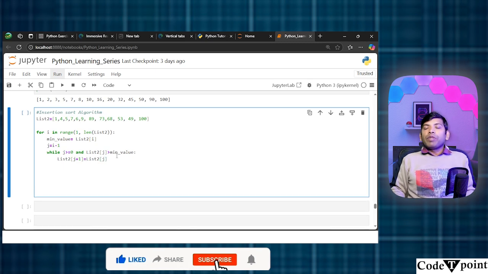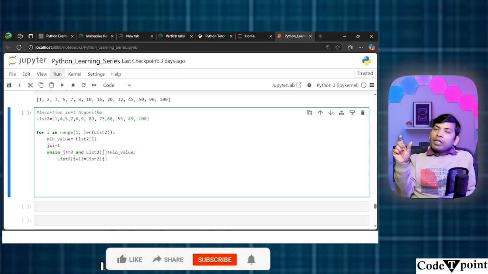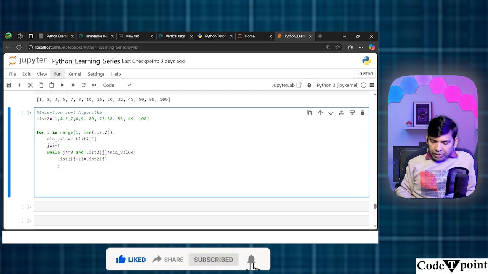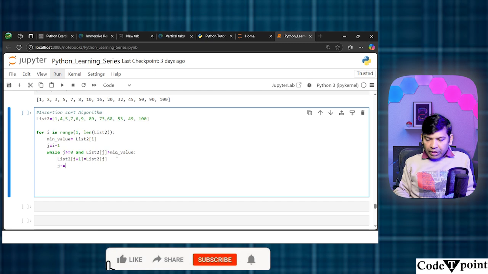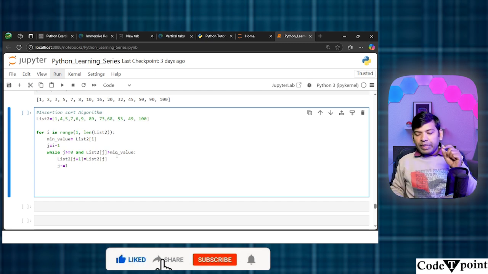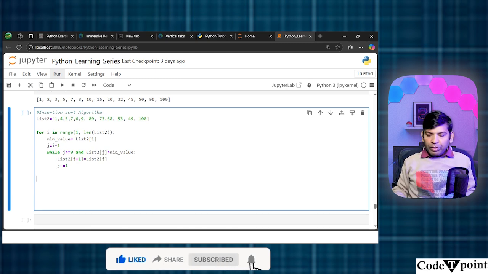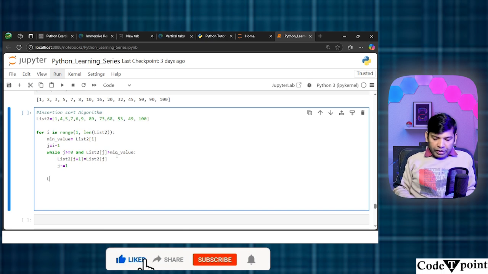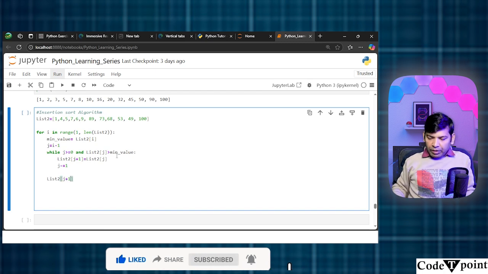And this time our list is getting shrunk, and that is why our iteration is going to reduce. So we are going to use j minus equal to 1, so in this case our iteration is reduced by 1. Now in this case, list 2 at j plus 1,